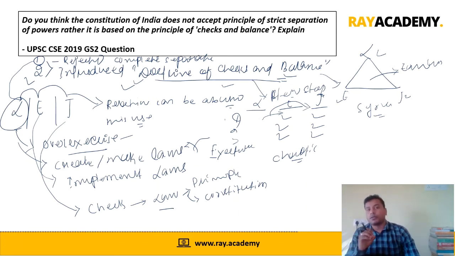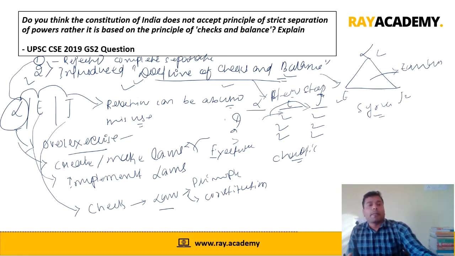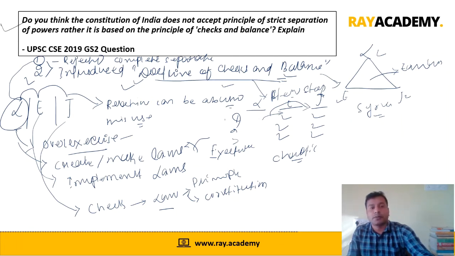Great. Now, what have we understood? We have understood, number one, what the theory of separation of power is, who proposed it, why he proposed it, and who adopted it. It is the US that adopted it. But while adopting, the US made two changes. Number one, it rejected the complete separation of power and it introduced the doctrine of checks and balance. Of course, if the question is asked in UPSC, then it is of immense importance.